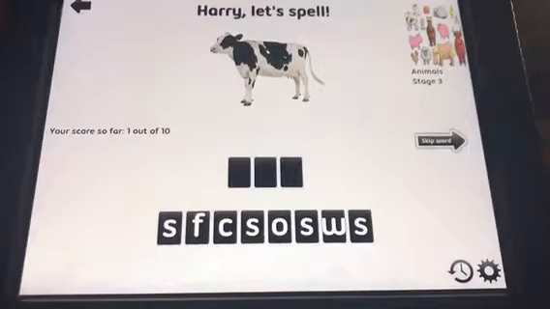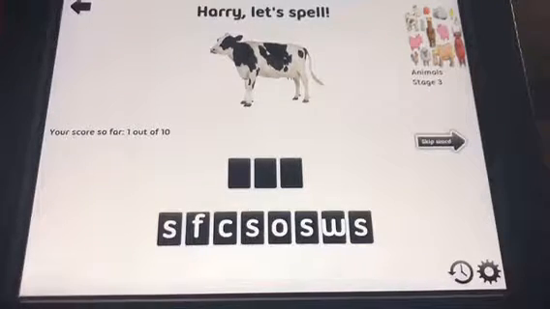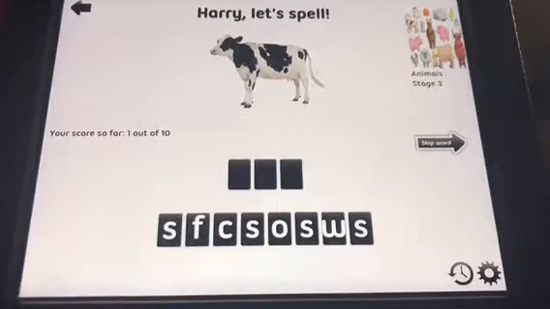required to spell the word, there's also an array of other letters. So in stage 3, your child must drag and drop the correct letters in the correct order to successfully spell the word. And again, I would not attempt to move your child onto stage 3 unless they're fully competent in